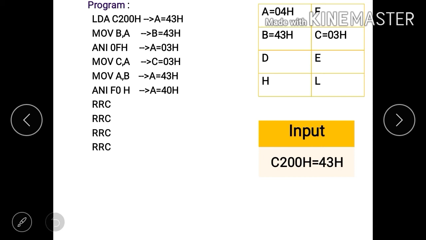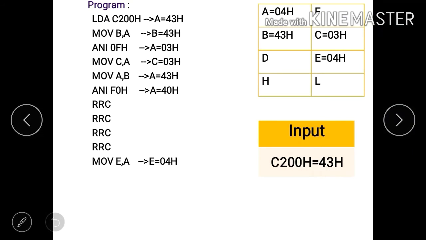That's why we are writing RRC 4 times, as I explained earlier. So after executing RRC 4 times, we will get 04H in the accumulator. So 04H is our second data for multiplication.